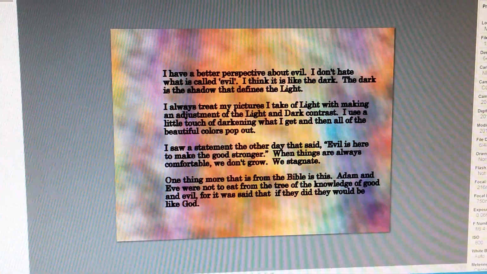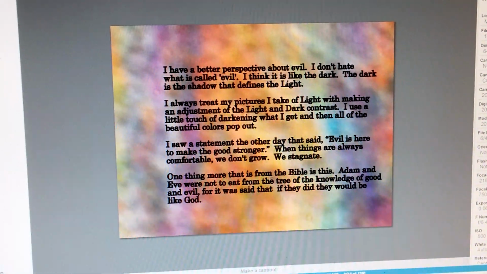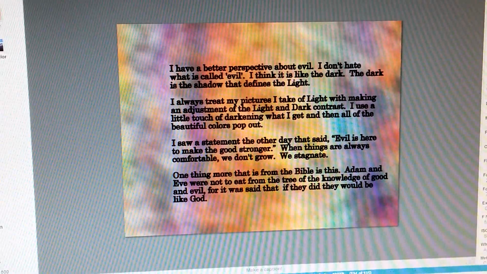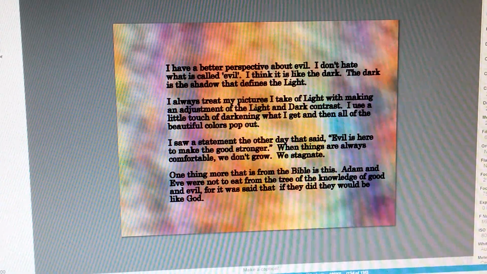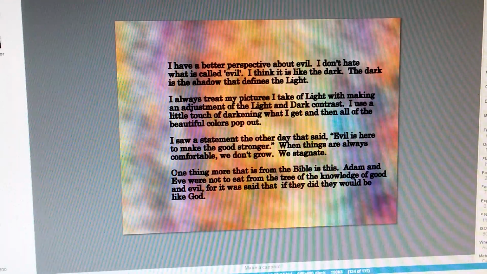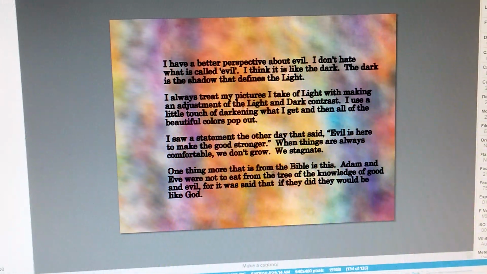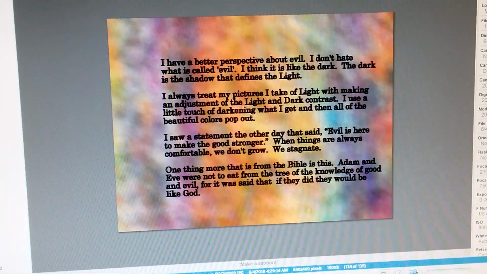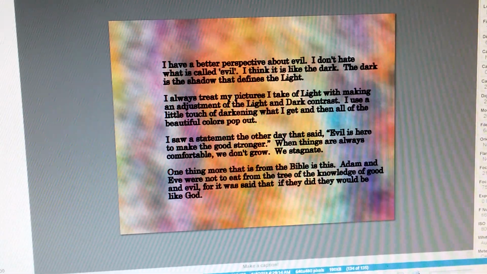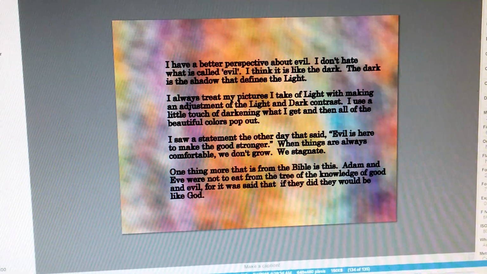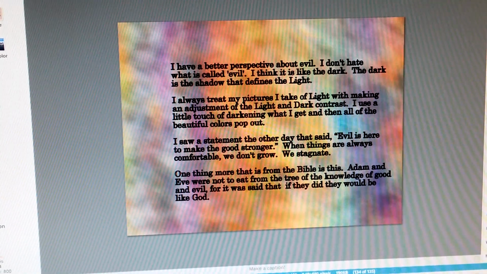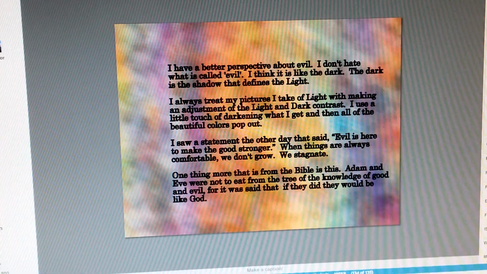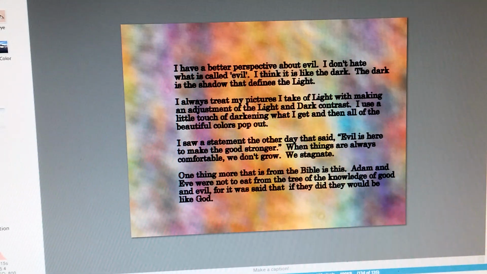I have a better perspective about evil. I don't hate what is called evil. I think it is like the dark. The dark is the shadow that defines the light. I always treat my pictures I take of light with making an adjustment of the light and dark contrast. I use a little touch of darkening when I get them off onto the computer, and all the colors just pop out. I saw a statement the other day that said,